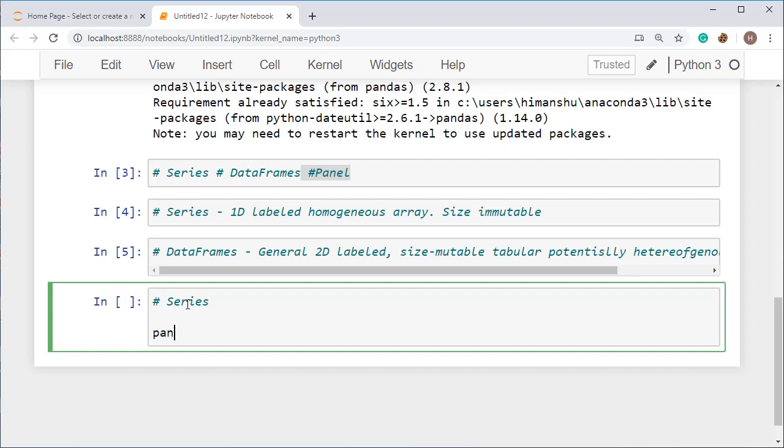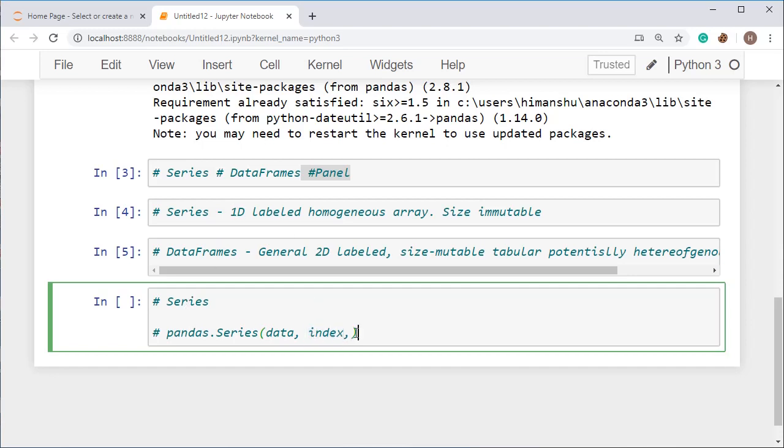So for that there is a syntax like this. I'm putting a hashtag so that it gets commented out: pandas, and then you have to use Series, and always remember you have to keep S in capital, otherwise you will be getting an error. Data, and then you have to provide index, which I have talked about for the label, that one is known as index.